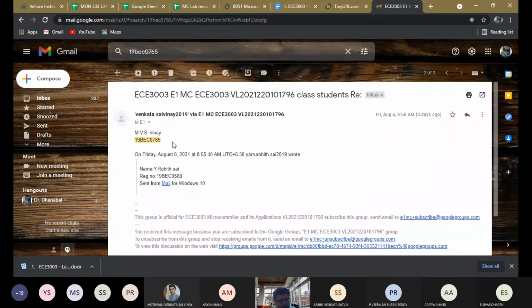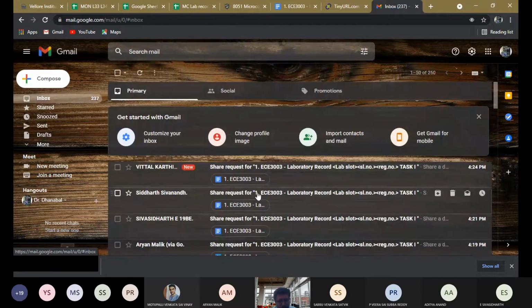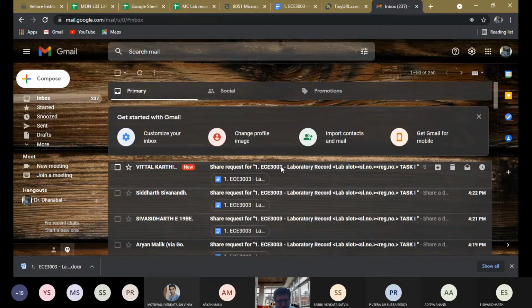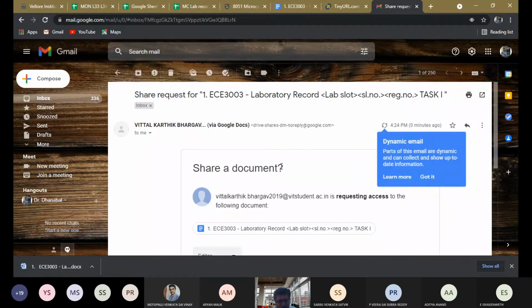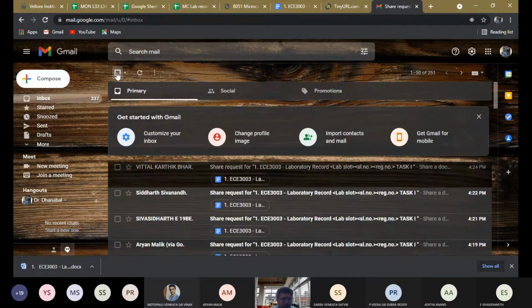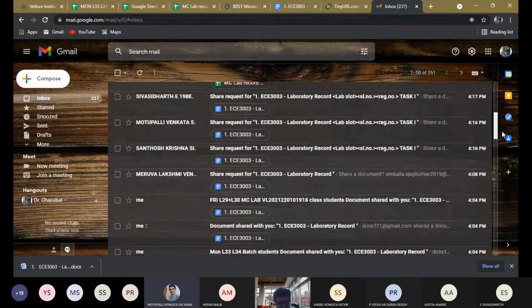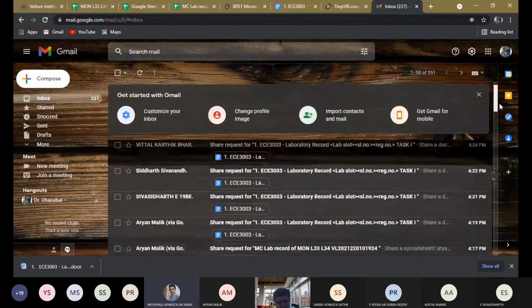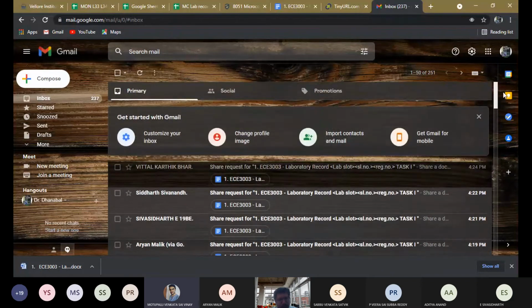Did you get the mail in your group from the group? Actually, I got a mail that this laboratory record is there, sir. I opened it, and it is showing that it is asking for request for access.